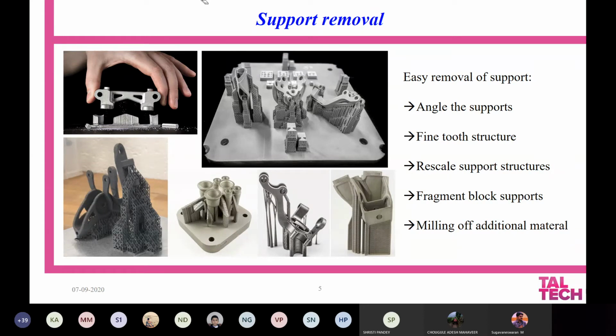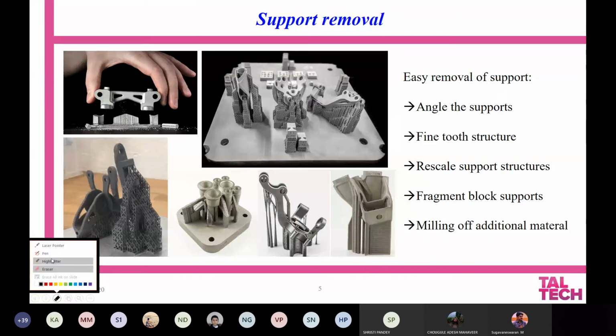Support. Once the support is removed, either from the part, there are several aspects we have to consider when removing the supports, because the supports can be designed in several ways. Either you can make it thick, you can make it thin, you can make it hard, you can make it soft, and so on. So in order to remove the support easily from the substrate plate and also from the material, I am just talking about the supports which is added at the bottom of the material.